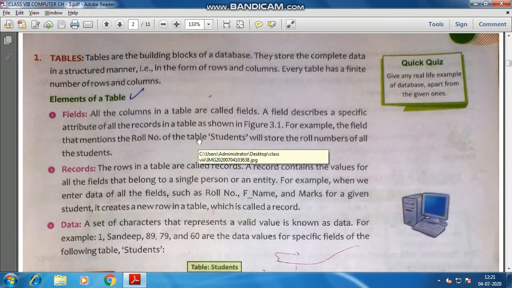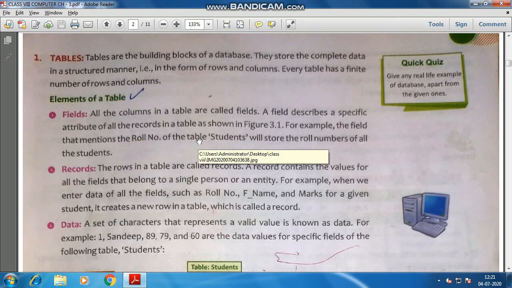Yes, we know that every table has a finite number of rows and columns. So a table is not infinite, because we have a finite number of rows and columns. Otherwise the table will be very big and very difficult to handle, and it is better to create small tables and make a relationship between them.